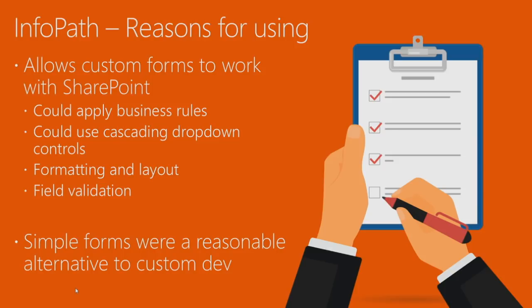They wanted to do conditional formatting. They wanted those cascading drop-downs so that if I needed to pick a country, that would then give me the states, which would then give me the cities within the state. And then they wanted to do crazy things like